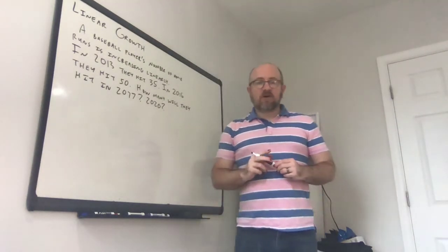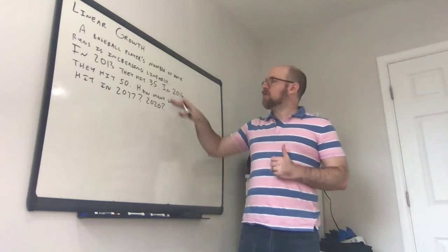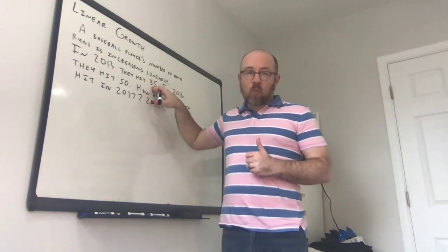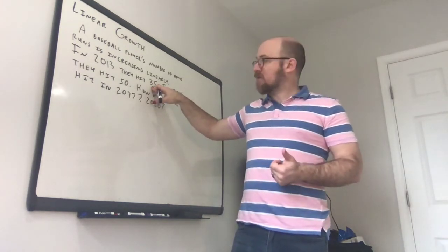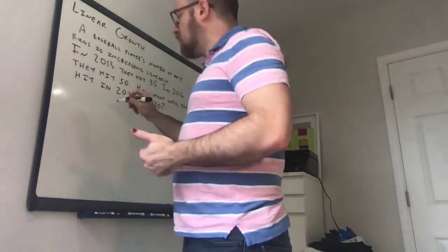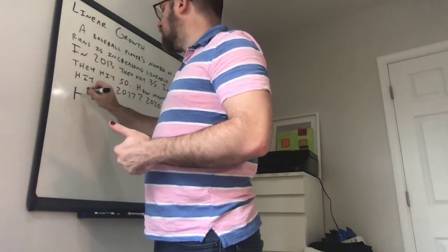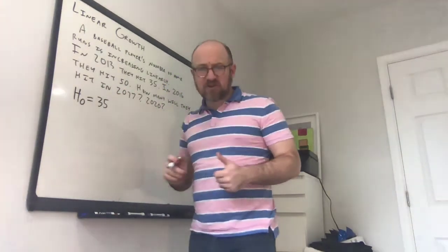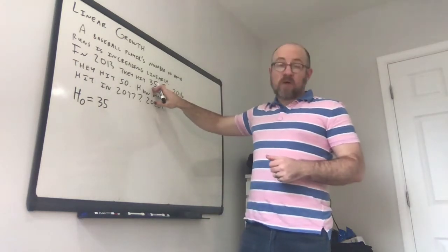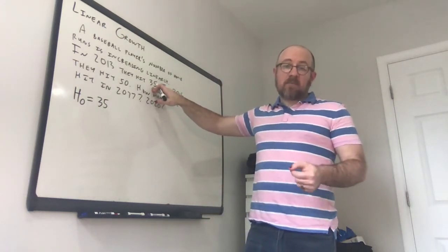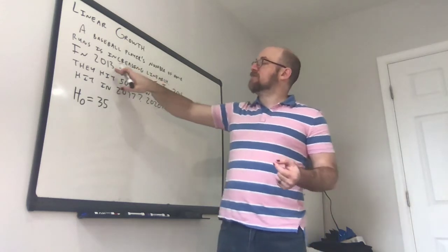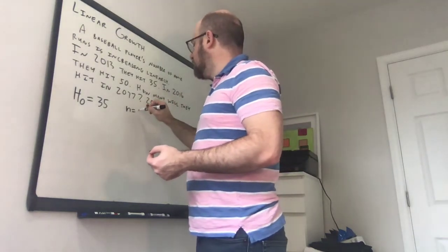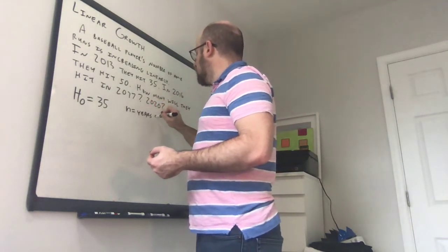Okay? So the first thing to notice here is that while the initial value is possible to find, for one thing, we need to be a little bit careful with our units. So if we're going to say that the number of home runs, and let's use h as our variable, h sub 0 equals 35, right? That's our initial value. Then we need to make sure that we remember that the number of years, n, is the number of years since 2013, right? So be very careful. n is years since